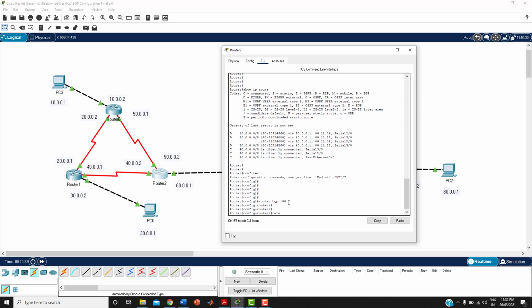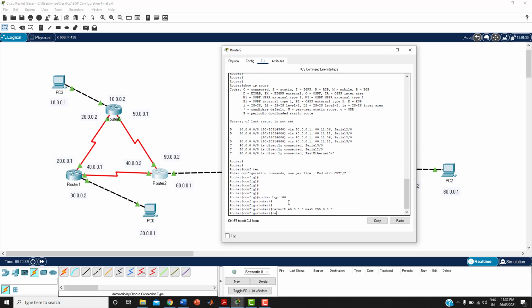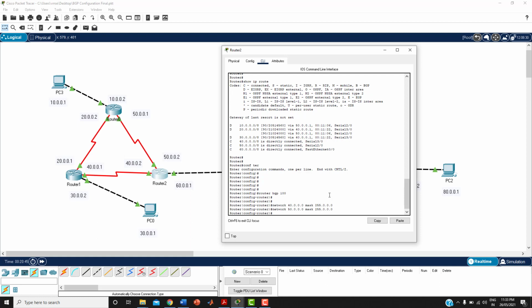So network 40.0.0.0, mask 255.0.0.0. Then network 50.0.0.0, mask 255.0.0.0. So these are the networks directly connected here, 40 and 50. Let me give exit.